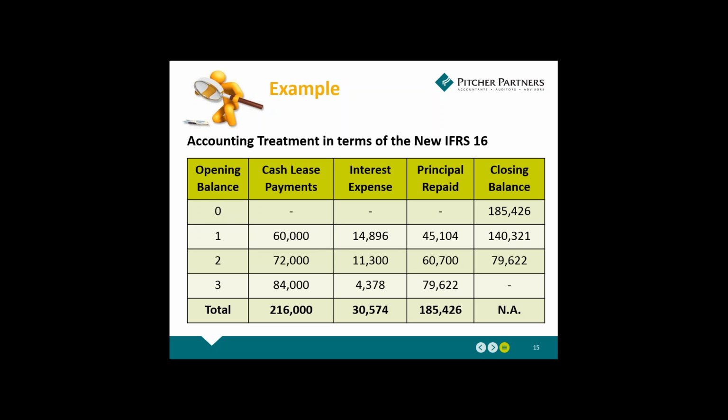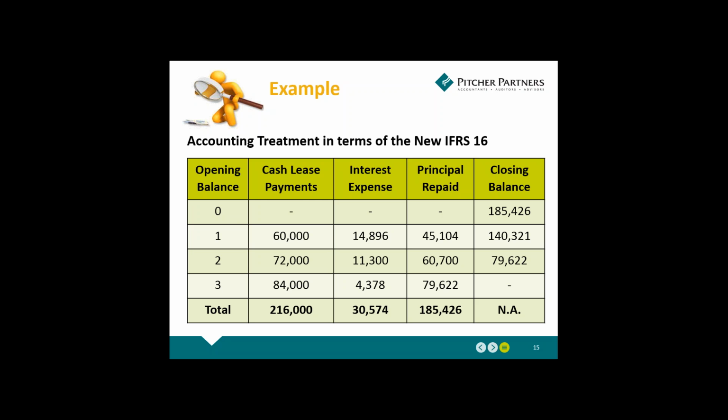So in substance, we've got a right of use asset which we capitalize. We've got a liability already on day one. As we repay the liability, we have to use an amortization table to work out how that cash flow is split between a principal repayment and an interest expense. So here you can see I've done this amortization table using the entity's incremental borrowing rate of 10%. The cash installments or the lease payments, I've got the cash flows in the second column of 60, 72, 84. Using the incremental borrowing rate of 10%, I've done this amortization table.